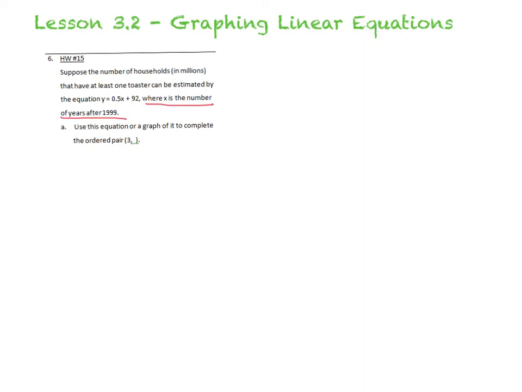So part A wants us to use the equation, and here's the equation. I'll write it down. Y equals 0.5x plus 92. And it wants us to complete the ordered pair. Now, as we've done for a couple days now, we get a clue. At the beginning of the lesson, we got to pick our x's and our y's, but in this problem we don't. They tell us x is 3. So we've got y equals 0.5 times 3